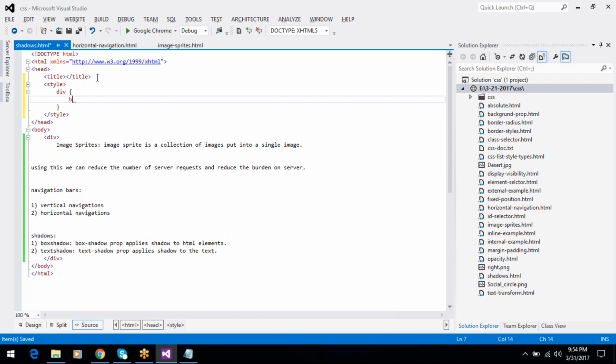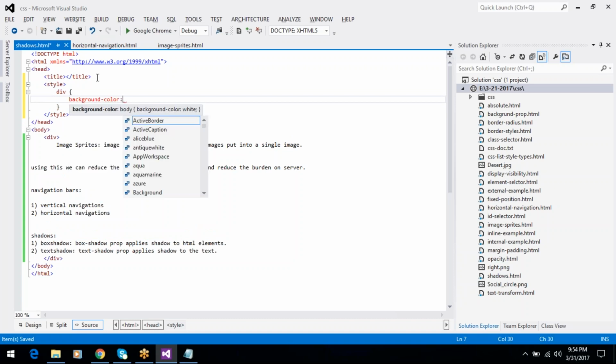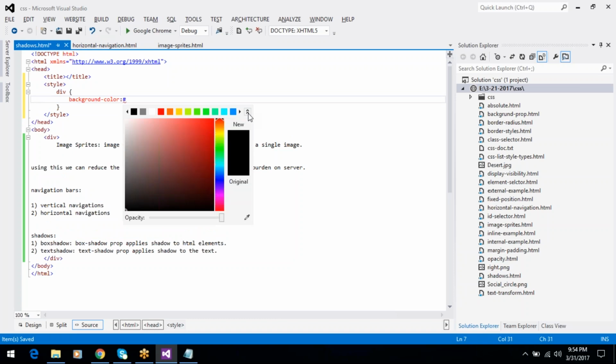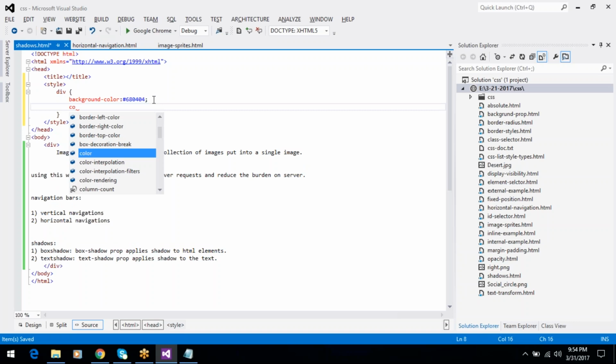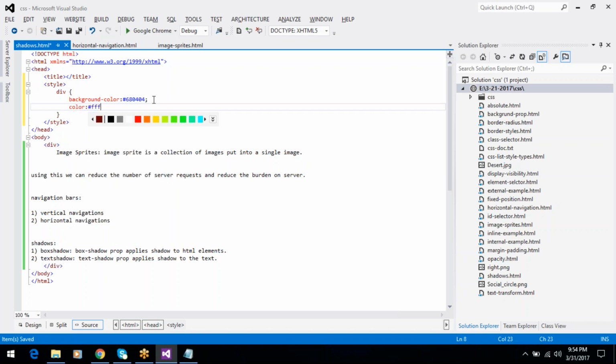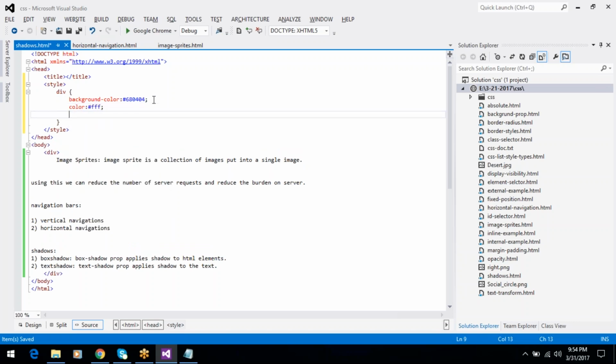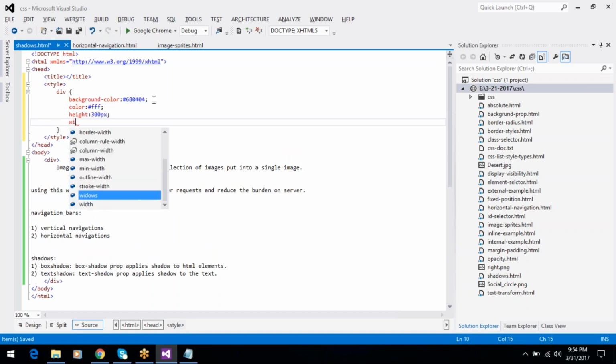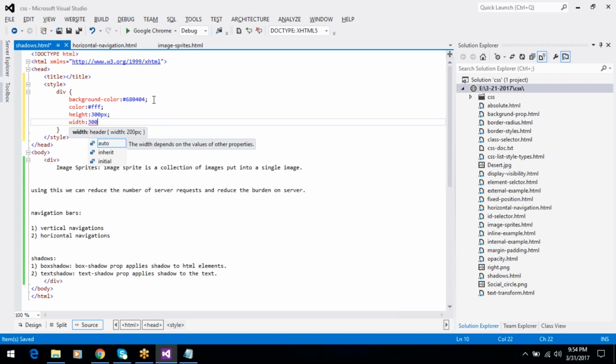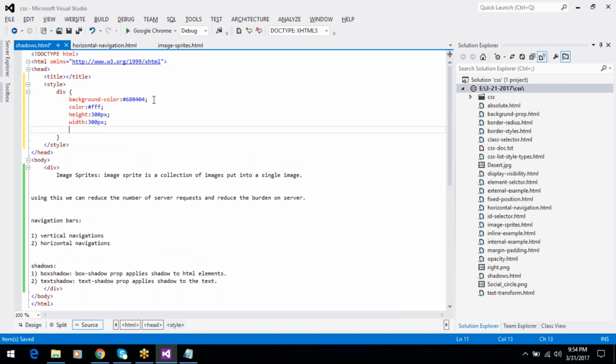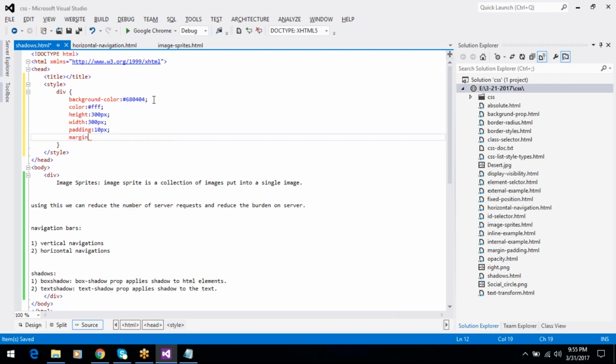Element selector, background color, and text color, height 300 pixels, and width 300 pixels, and the margin also 10 pixels,